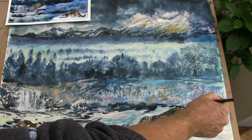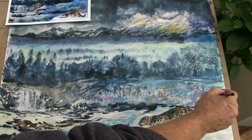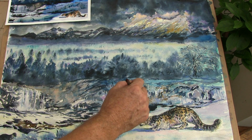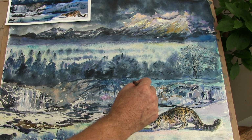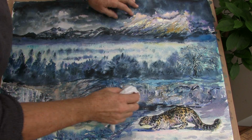Back over here now, some darker areas. While it's still just damp, I can drop in these pretty dark. I need to rub away this masking fluid in a minute so I can see where my darks really need to go against the light. Right, now it's time to rub away